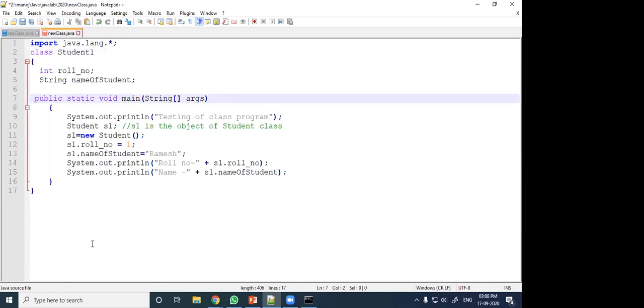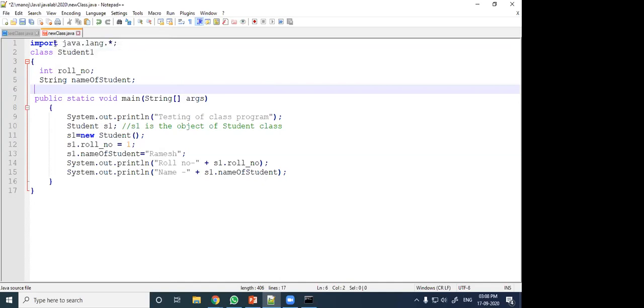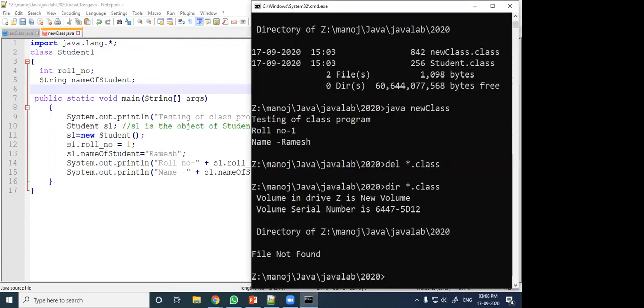Then the main function is there, and I am saving the file in newclass.java. Let it be newclass.java, otherwise a new name will create confusion. Remember here I have deleted newclass.class, and the class name is student1.